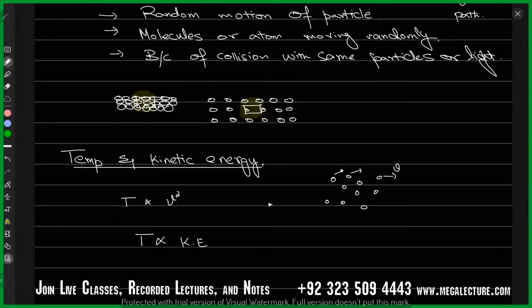Kinetic energy is half mv squared, right? So that means the higher the velocities of these particles, the higher the kinetic energy, and that means the higher the temperature. So temperature is nothing